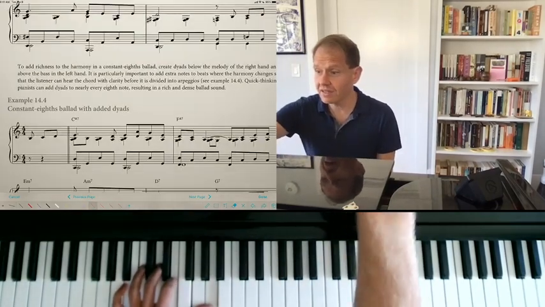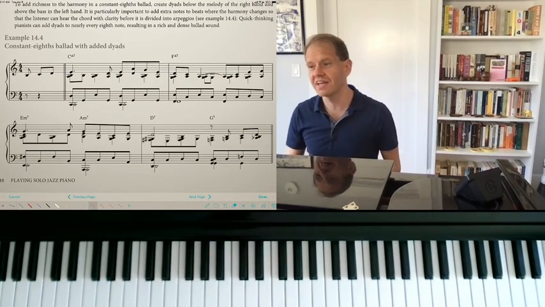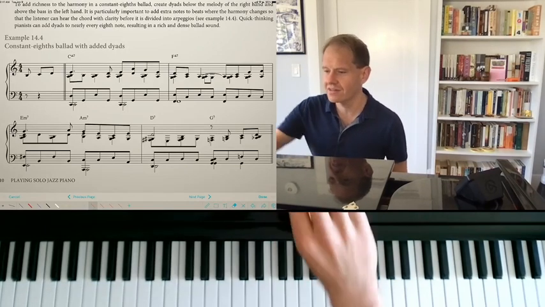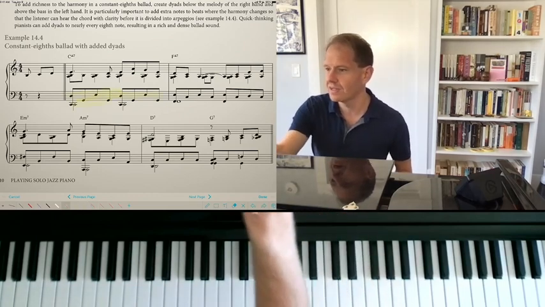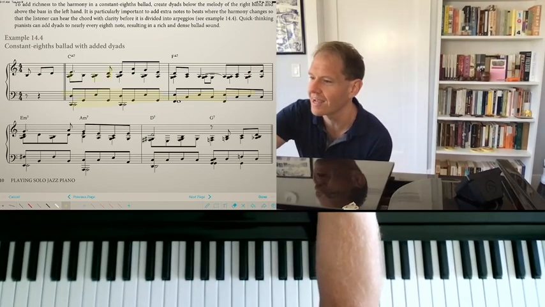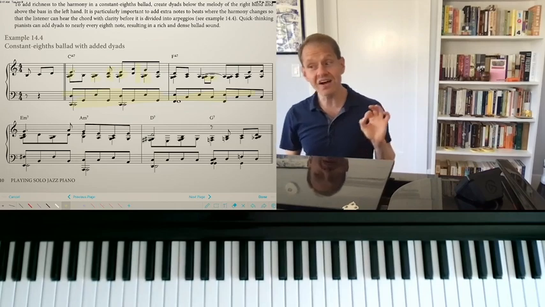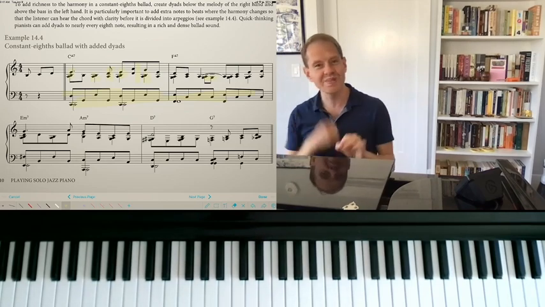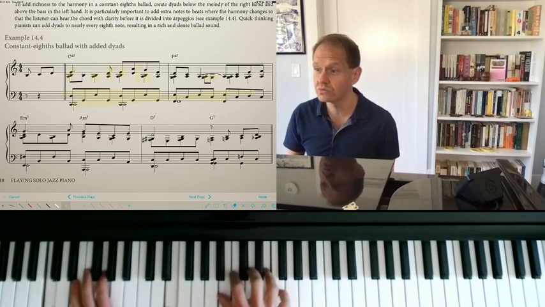And by the way, you could certainly fill that in even more, and that's what example 14.4 is showing, that I could add more into the right hand. You can see the left hand looks pretty much the same as it did in that previous example, just consistent eighth notes. But I'm just adding thicker chords into the right hand, just a lot more going on. So that now the right hand's also playing every single eighth note between the melody and this kind of alto line. So